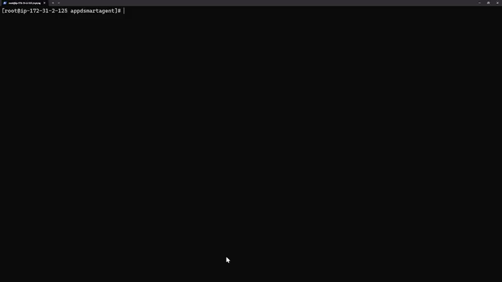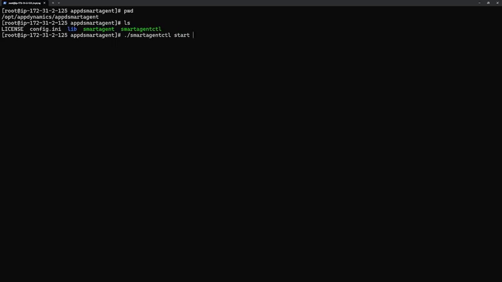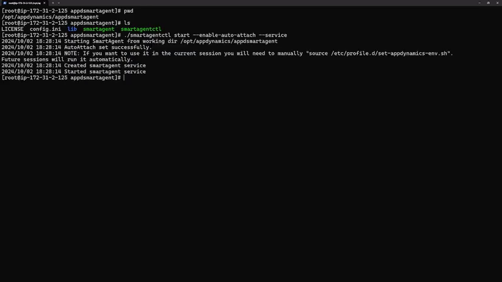To create this service, let's first make sure we're in the proper directory. So I'm going to do a pwd, and we're in /opt/appdynamics/smartagent. I'm going to do an ls, and I'm going to type in the command that will create the actual service for us, which is smartagentctl start --enable-auto-attach. So it will auto attach to any Java process that needs to be monitored. So that's the auto attach, and now we're going to put --service, hit enter, and the service is